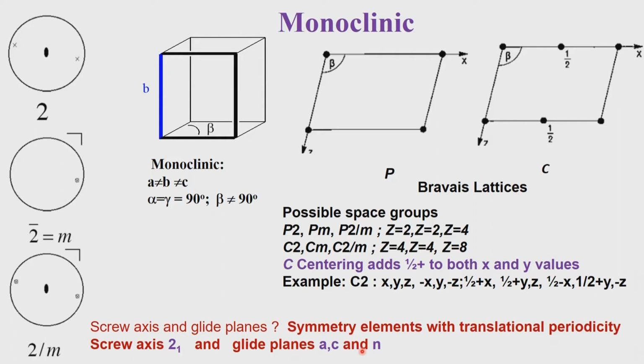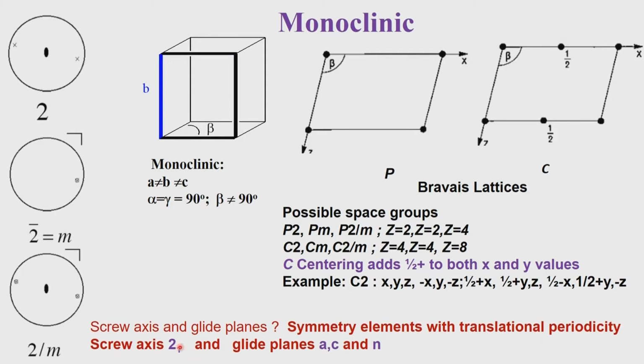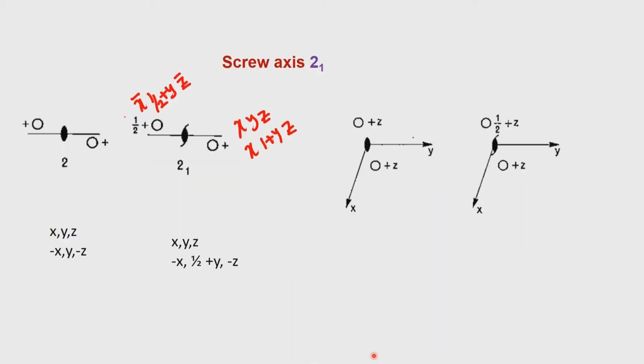We will then formally study space groups in later classes. It is not going to be the end of the show here. We will just see how many space groups are coming, but how the space groups really relate and get to the equivalent points, and then make sure that these equivalent points which we have generated form a realistic definition of a space group, that we will see in the later classes. But at this particular juncture, we just see how many space groups are possible with the addition of the translation-involved symmetry point groups, which are involving 2-1 screw, A, C and M, and that will tell us something else.